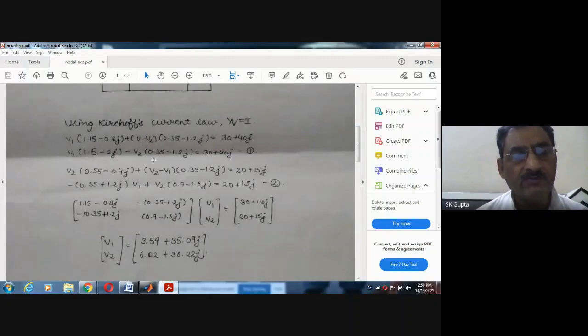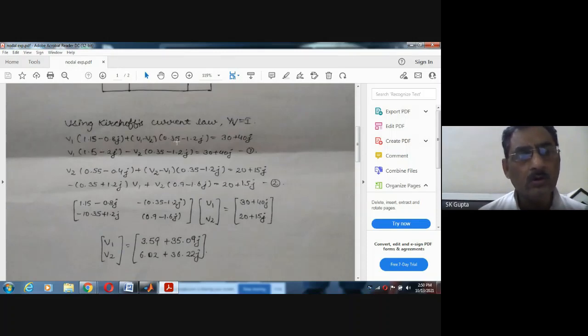If we take v1 and v2 at one place, this v1 and here v1 from here at one place, and v2 on another side. Similarly in this, v1 here and v2 another. If you open this, these two equations can be written like